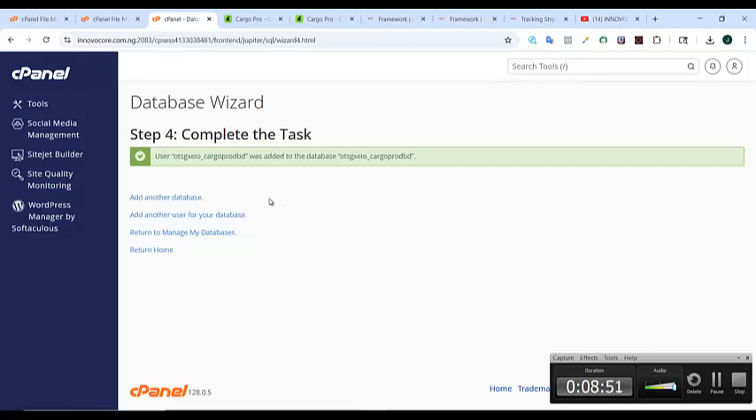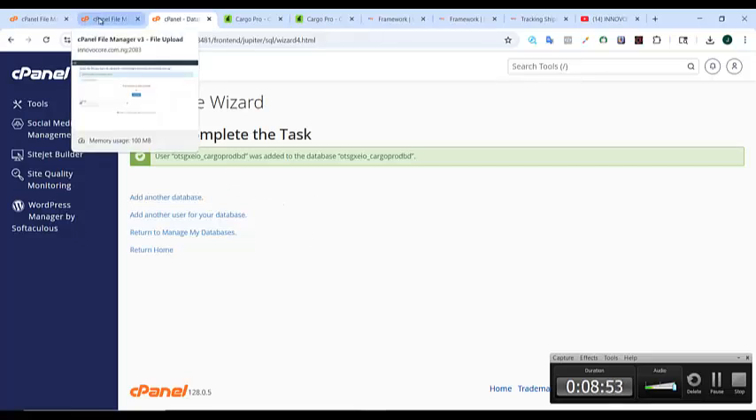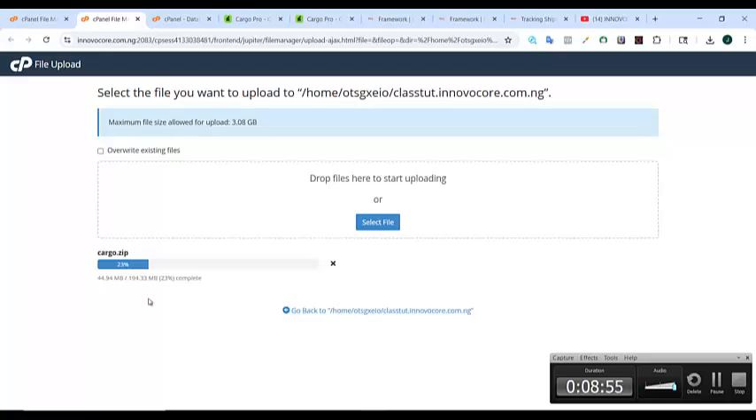So while we've created this, we need to go back and check if our file has uploaded successfully. And it's still loading. I think the reason why it's slow is because the file megabyte is a bit high. That is why. So we're going to wait for it to